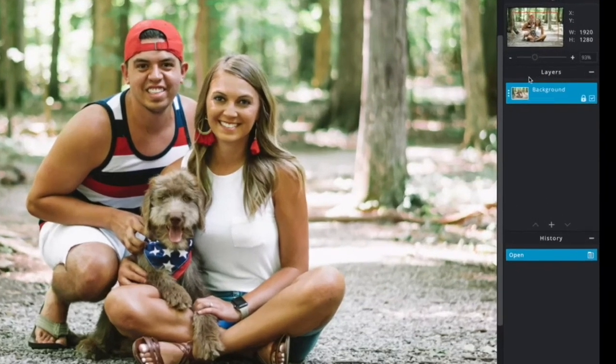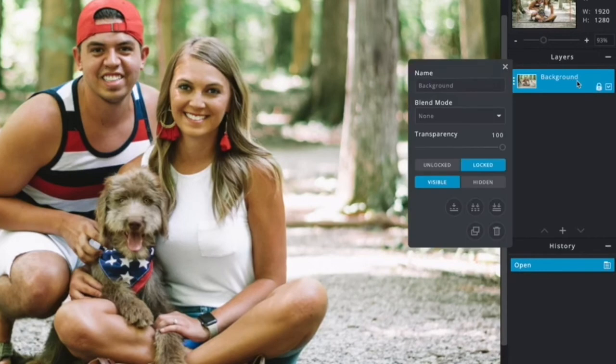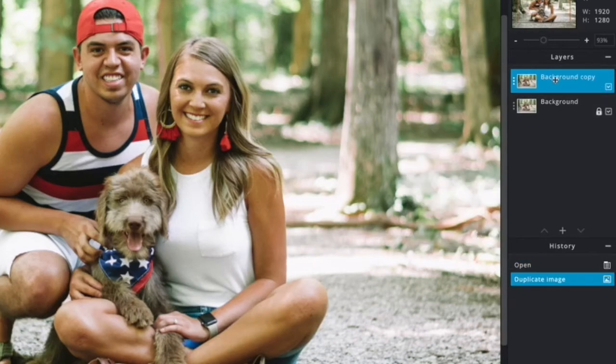On the layers section underneath background, if you right click on that, you get this little pop-out window, and it gives you a few different options. And the one that we're after is this one here, which says duplicate layer. If you give that a click, then you can now see that we've got two layers. It doesn't look like an awful lot has changed, but we have effectively got two pictures stacked on top of one another. So what we want to make sure is that we've got the top one selected, which we have,